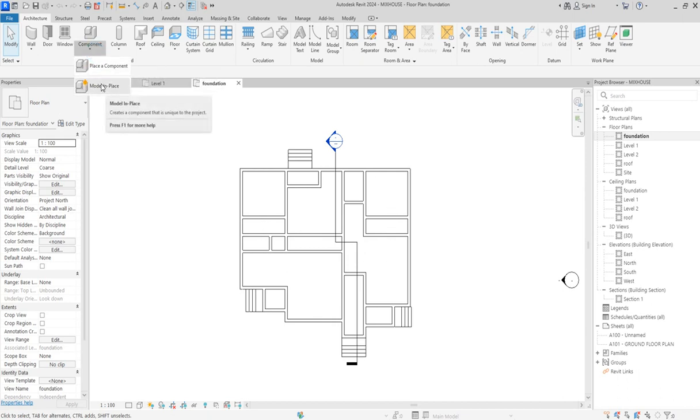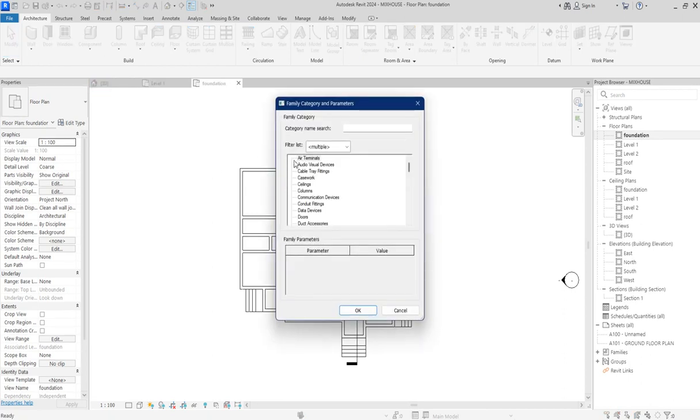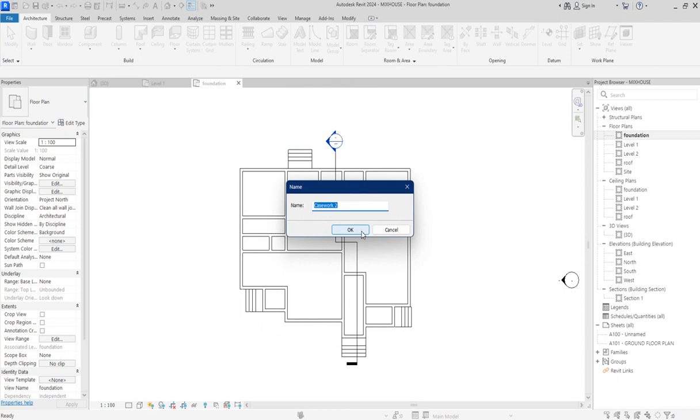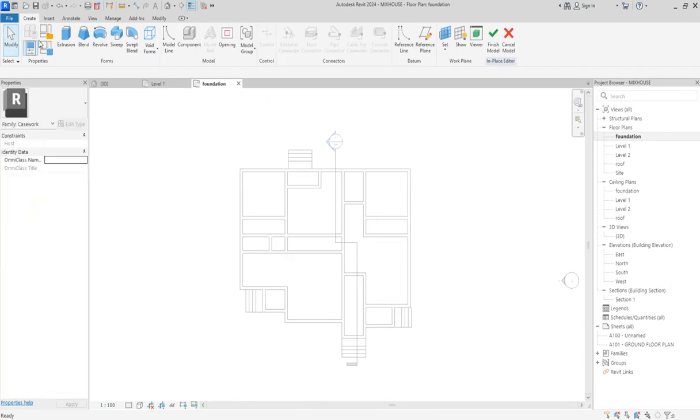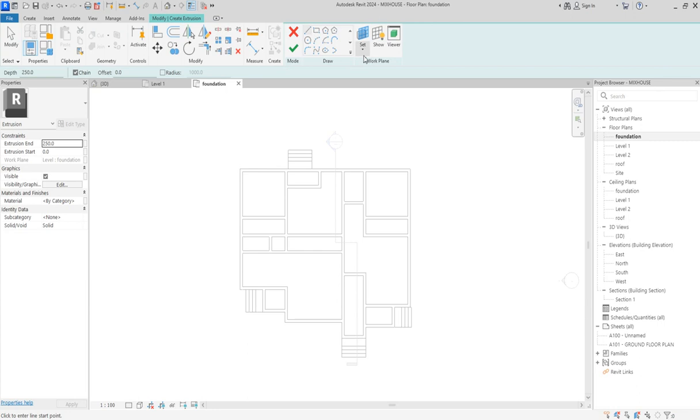So let's move on. Model in place, and then casework. Click on casework, then you can call it floor first. Say okay. From there you work with extrusion. Extrusion will guide you around the whole process and then you jump out of there. So you click on this, then we start our working process one after the other. You click here, select